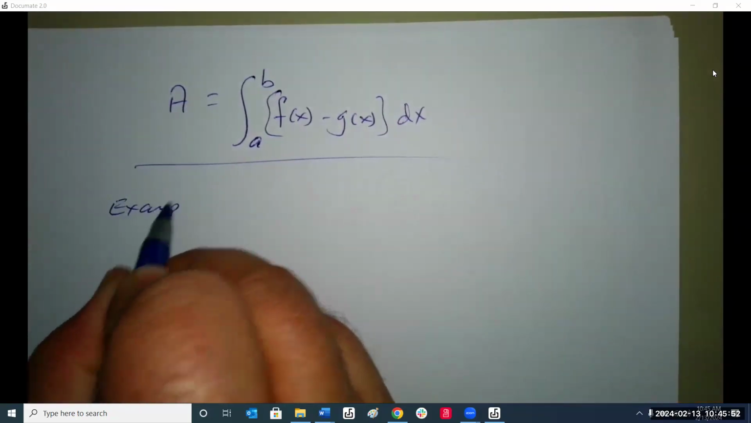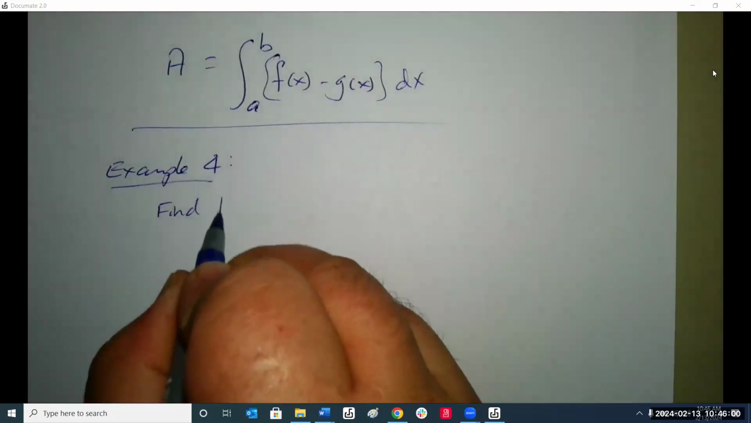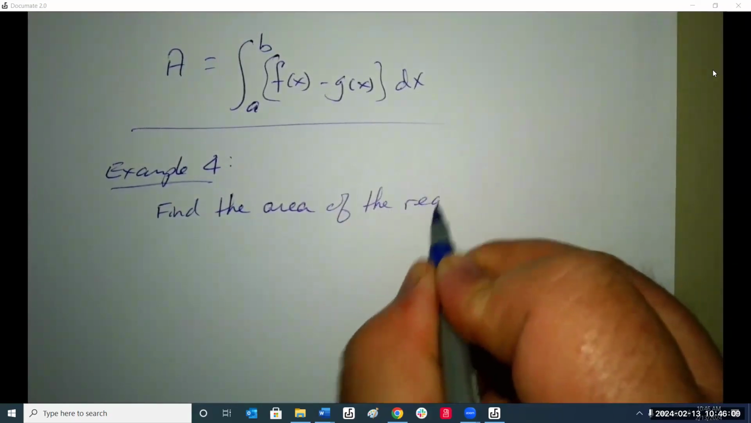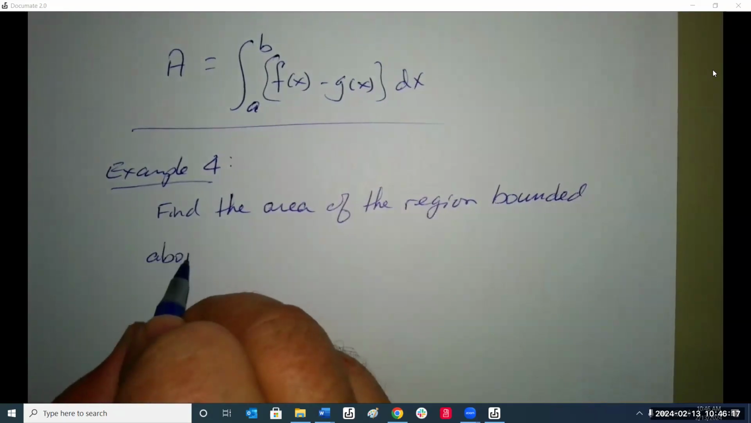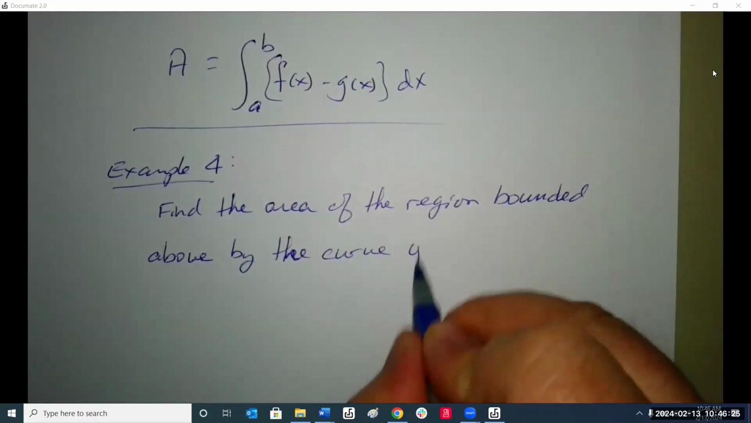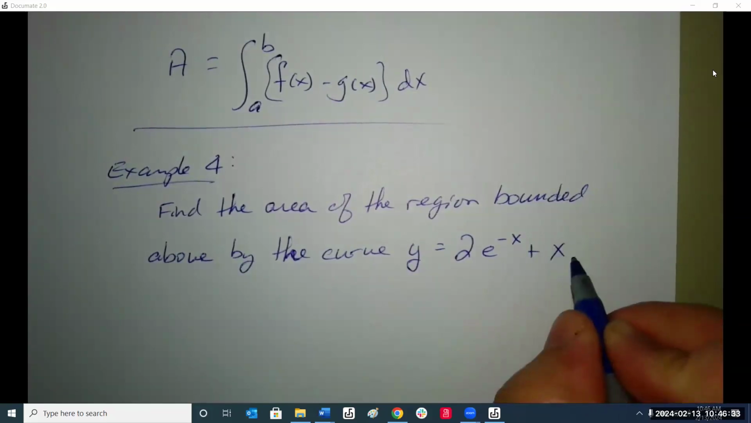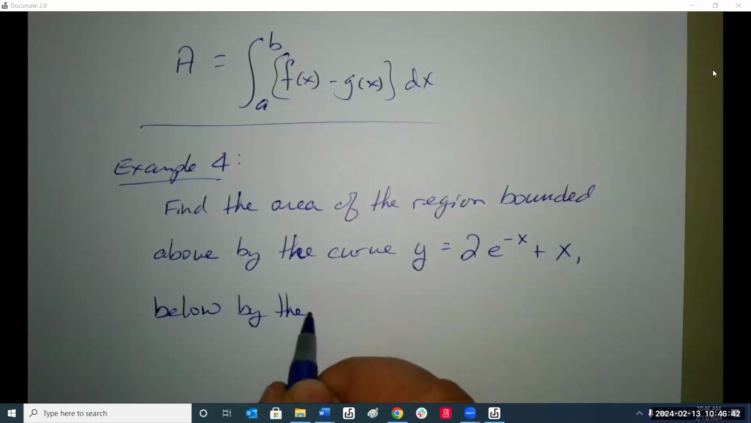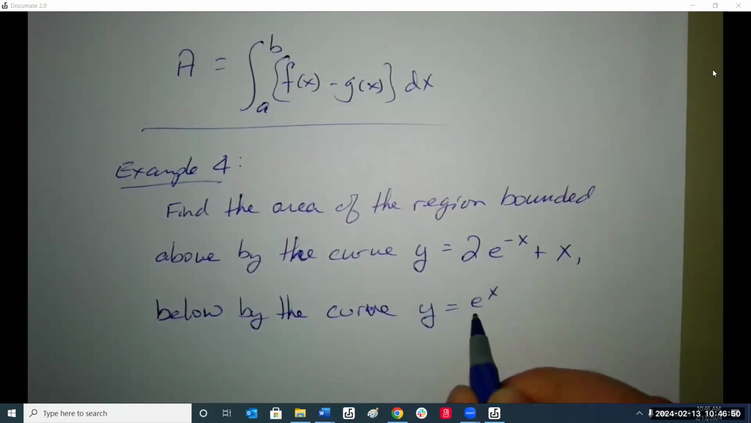Let's look at example 4. Find the area of the region bounded above by the curve y equals 2e to the negative x plus x, below by the curve y equals e to the x over 2,